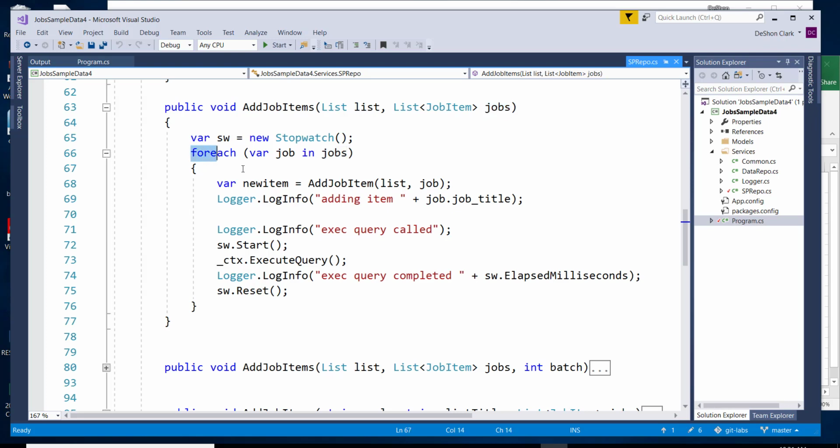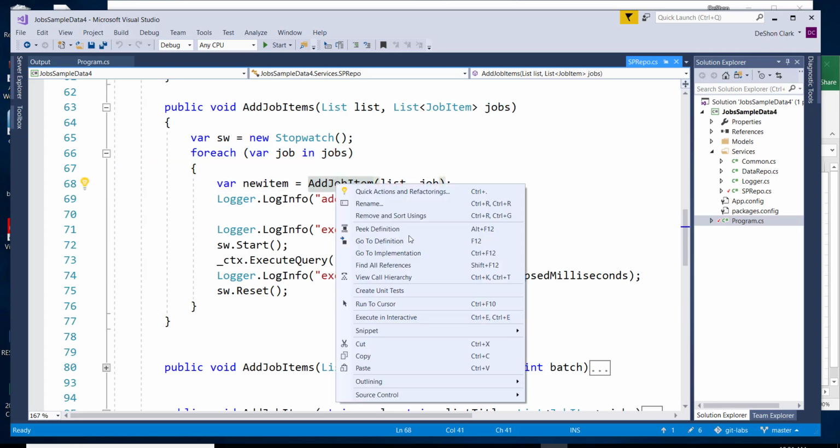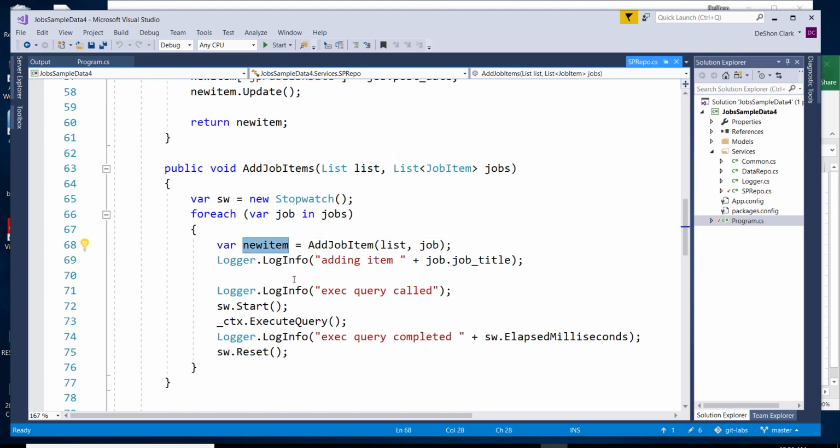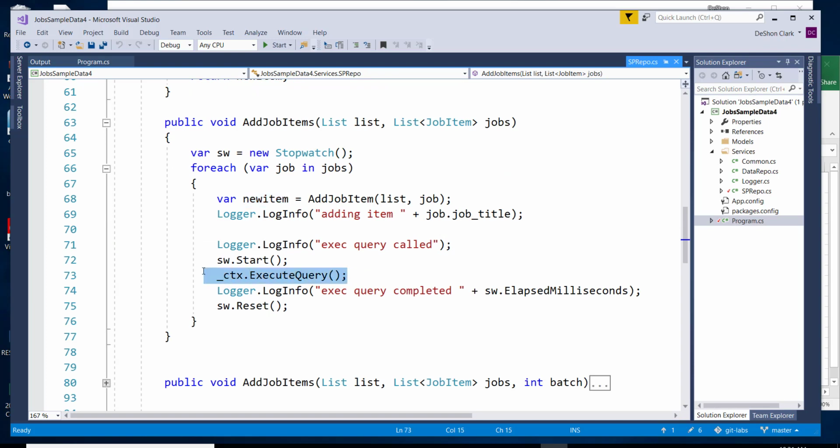I'm walking through this simple foreach loop. This method here just encapsulates the mapping. You will see the mapping takes all the JSON properties and dumps them into a site column property, creates an item, and passes that back to the caller. That's the item there. And it's not until this line, line 73, that we actually do the execute query that loads this. So I'm going to run this job real quick,